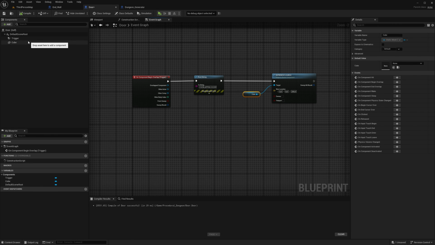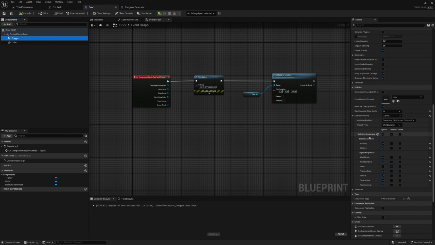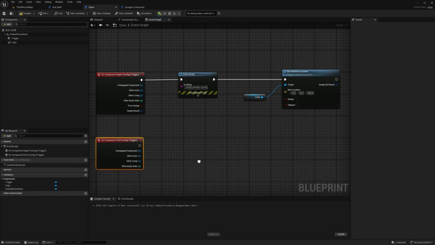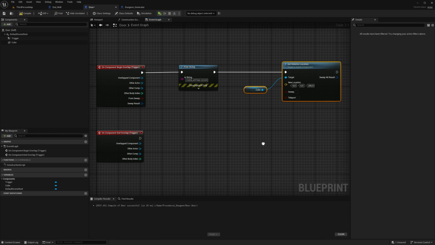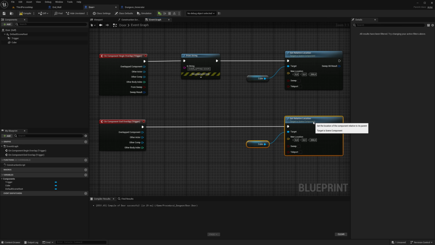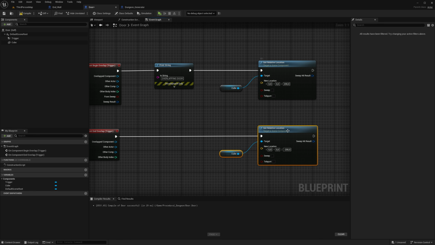Then we need to do the same when you get out of the overlap box. So go down here on component end overlap. When you are getting out of the overlap box, then we want to do the same. So copy this, plug it in. And then this, I think this needs to be minus 200 because it has been moved up 200. Then we need to move it down the same amount. Let's see.